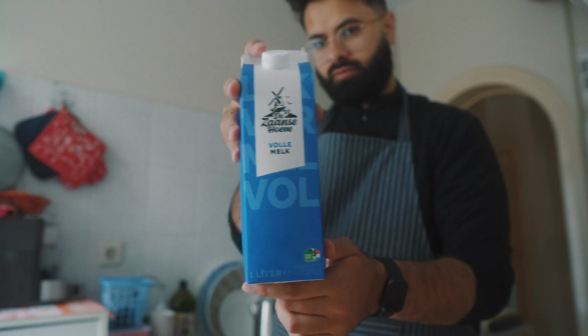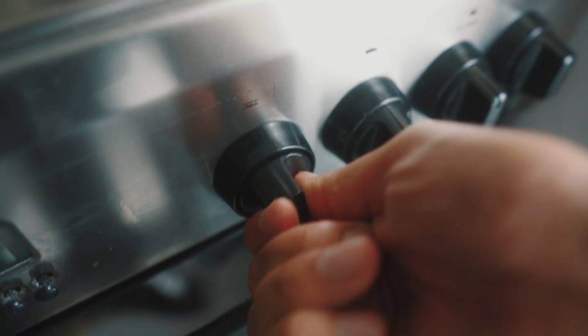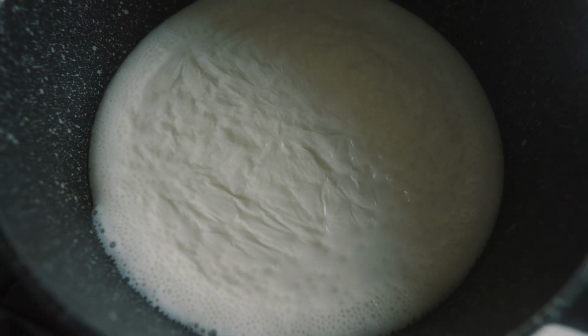The first step is to get 1 liter of milk, full fat milk. Drop that milk in a pan and bring it to a boil. And that's it. Switch off the flame. Now we have to